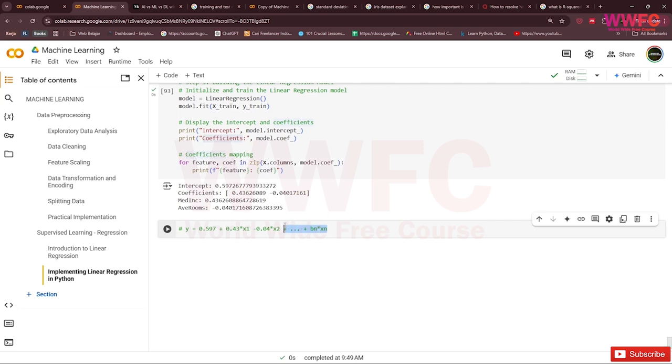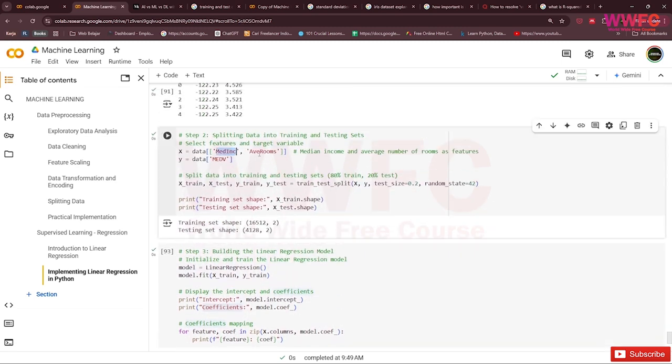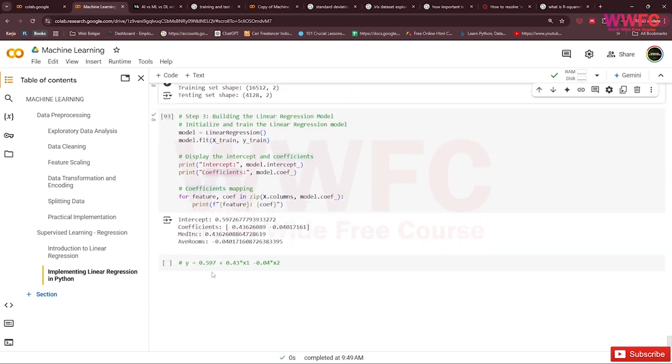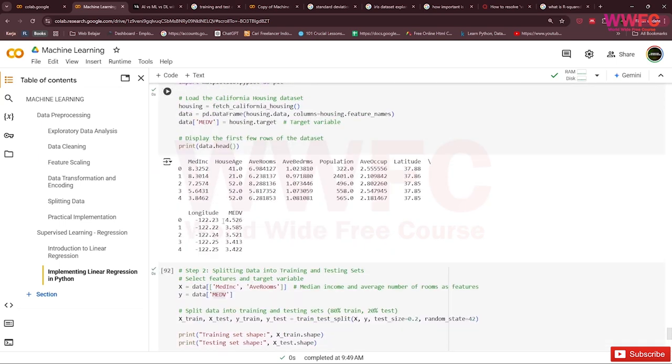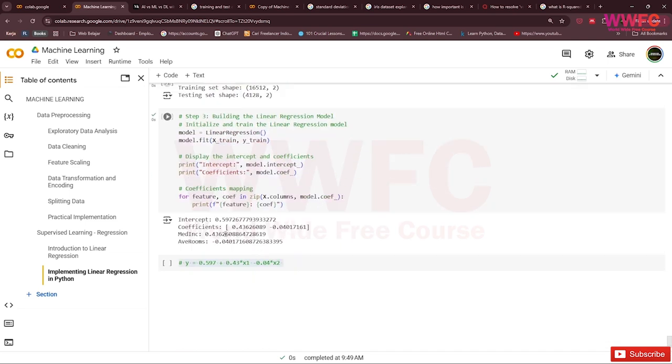We use this equation for the net income and average rooms for the target MDV, right? So it uses this equation for the target values.